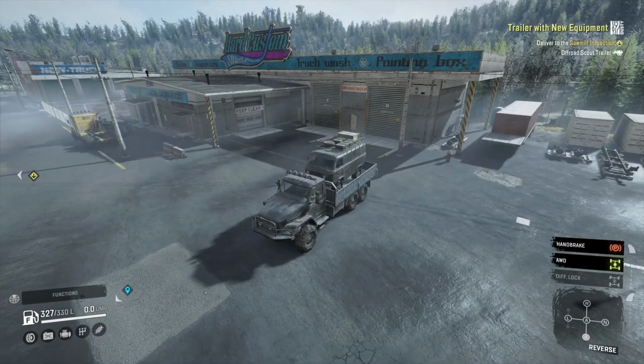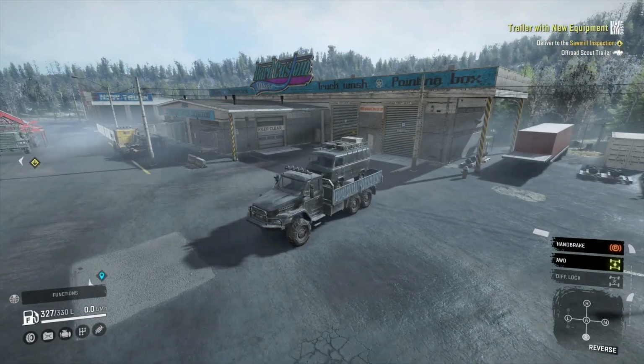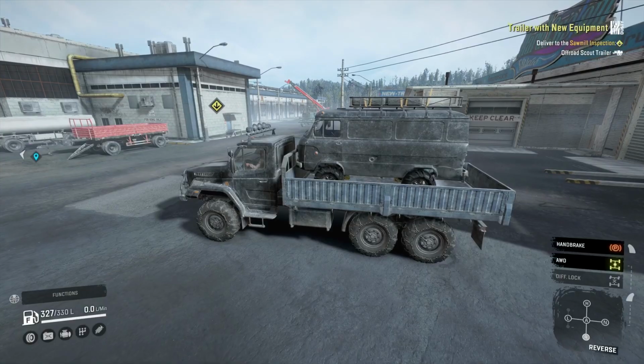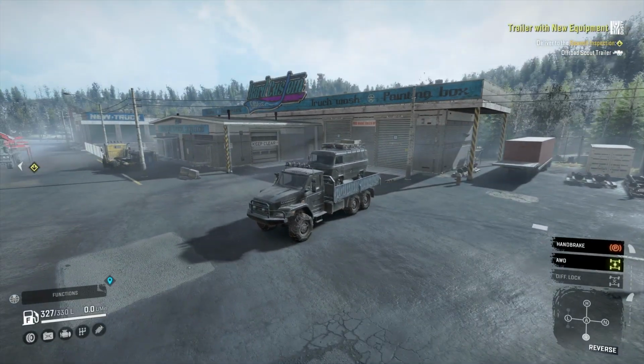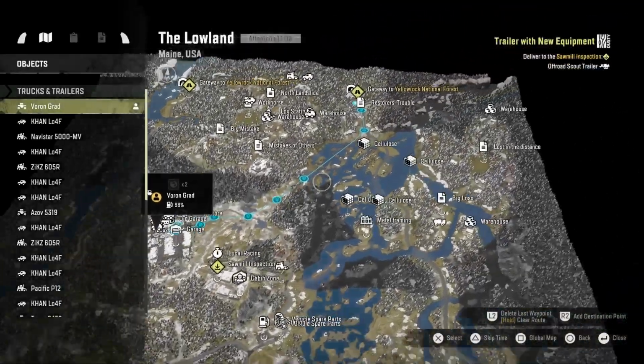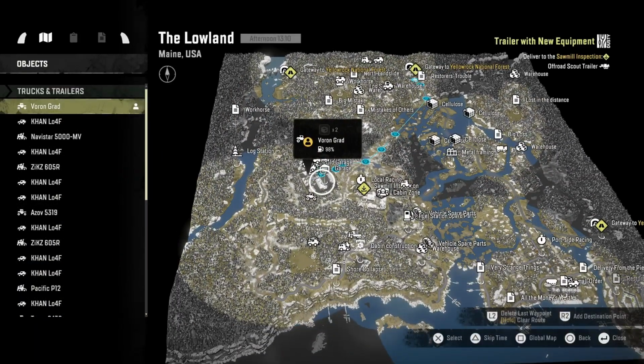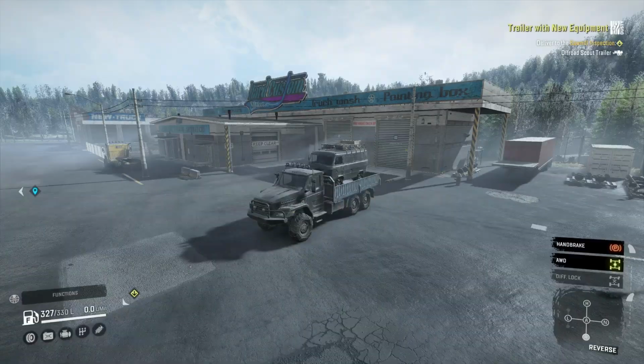It's called Trailer with New Equipment. It's an off-road scout trailer. I've not seen them before on any previous phases. They don't seem to do anything though. I was hoping originally it'd be like a little scout version of, say, a maintenance trailer or something, but it just seems to be like a mission trailer, really, like a scout version of a special objective trailer that I've